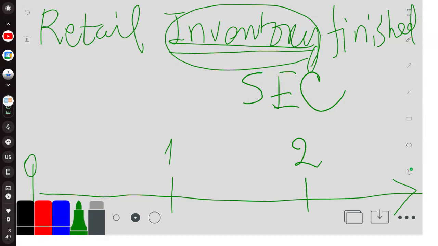Anybody can view this data, right? They can go into an SEC database called the EDGAR database, and they can view this data. Okay, so this is how that information is released. Because of that,